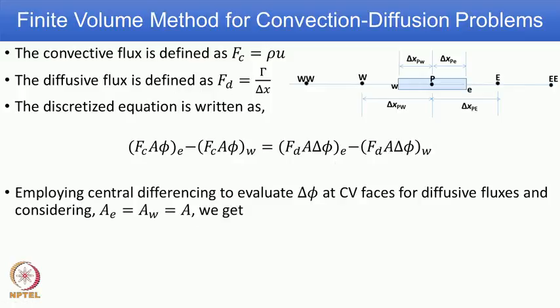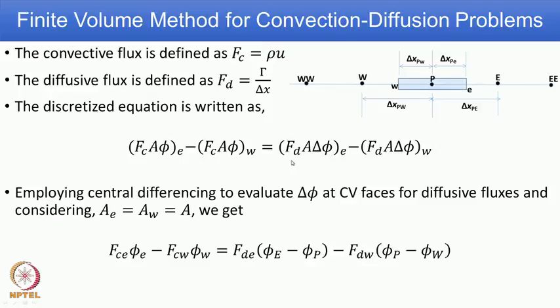Now, we did in the diffusion equation a central differentiation type of approximation to get delta phi at faces. We follow the same here also. So, employing central differentiation scheme to evaluate delta phi at control volume faces for diffusive flux, and for simplicity's sake we assume the area is the same. So, A_e equal to A_w is the same as A, which means